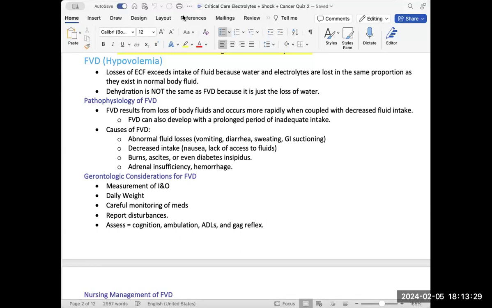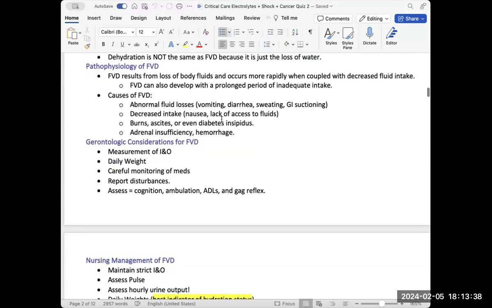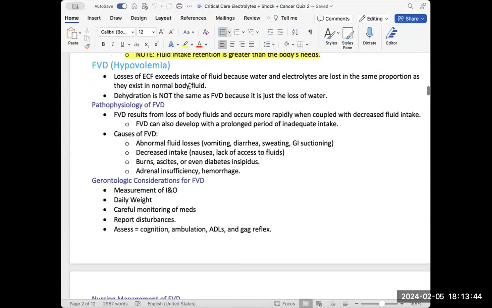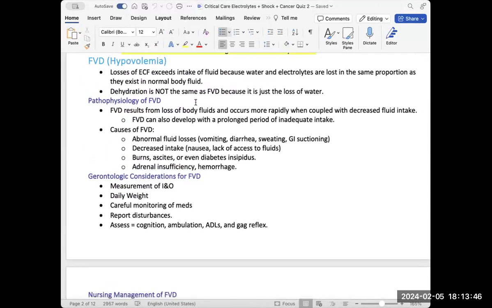If you're not drinking enough, right, you're not drinking any sort of fluids or enough fluids for your intake, that can also cause fluid volume deficit. Now, something that we'll also see in shock, right? Because fluid volume deficit is hypovolemia, but there's something called hypovolemic shock, which is what happens when we have so much loss of fluids